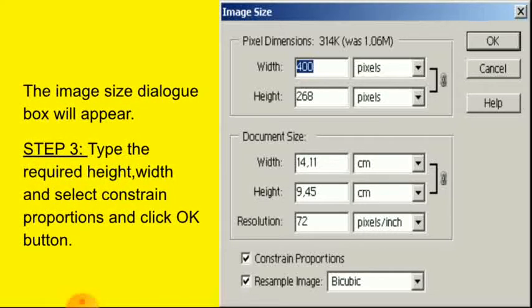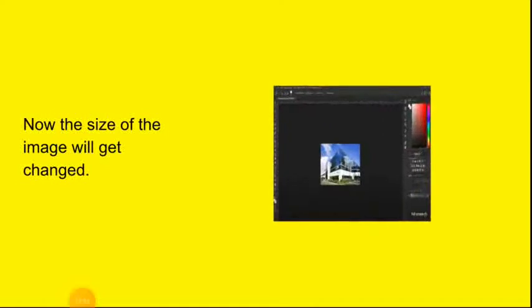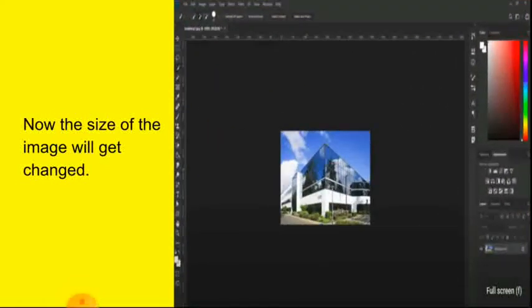Type the required height and width, select constrain proportions, and click the OK button. Now the size of the image will get changed. Can you see the changed image size?